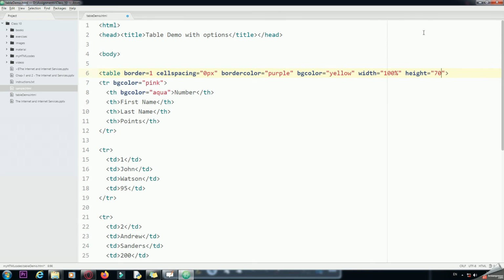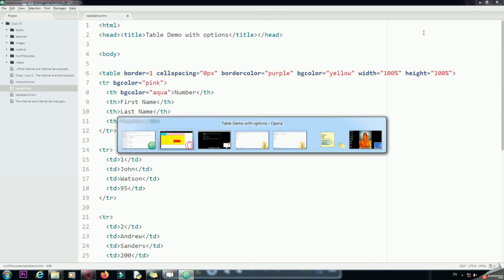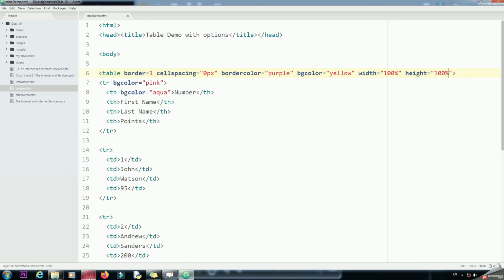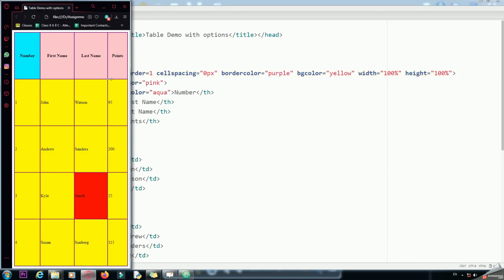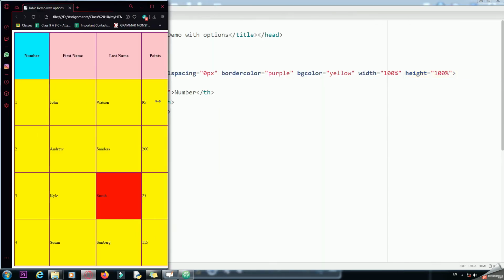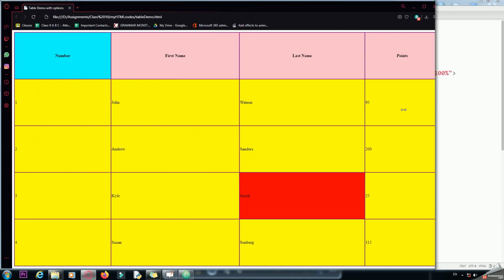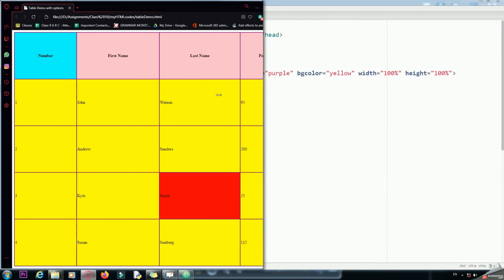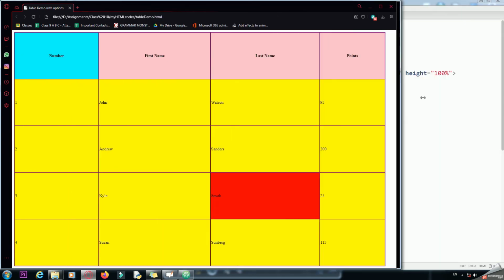100% means the table is going to cover the entire screen. So you can see over here it covers the entire screen. Now if I resize it, you can see that as I am stretching or contracting the screen size, the table is also expanding, so it is responsive.